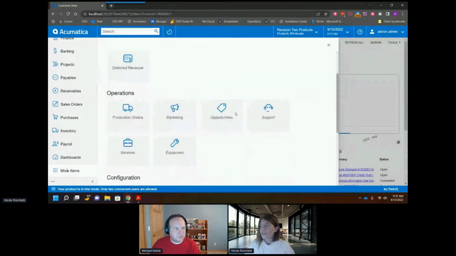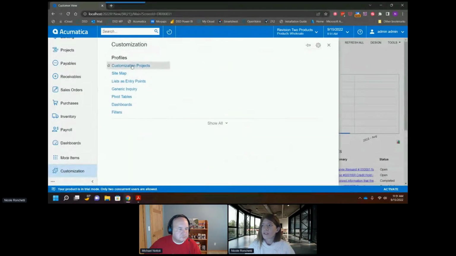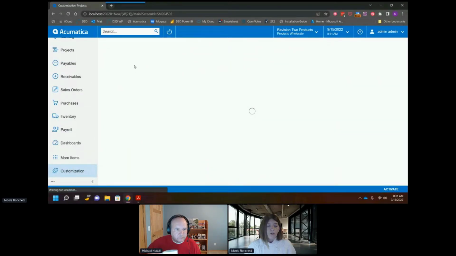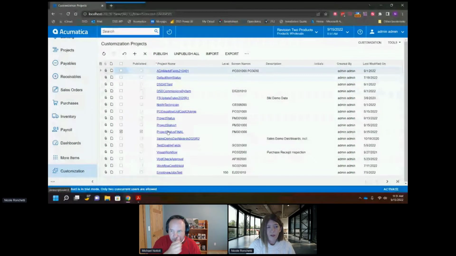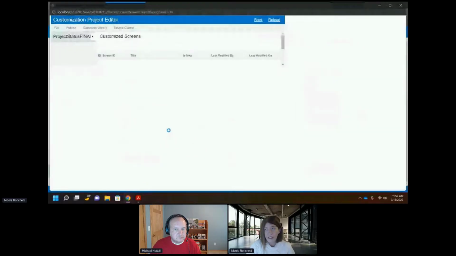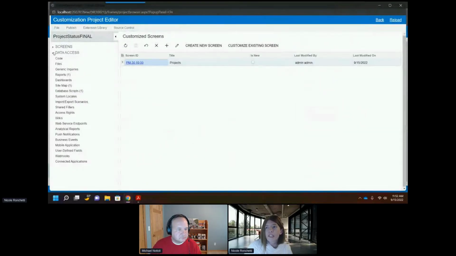The other factor to this that I considered was, when you complete a project in the standard process, it does populate the completed date on a project. So I wanted to have another field to capture that closed date in addition to the completed date. So the first thing that I did